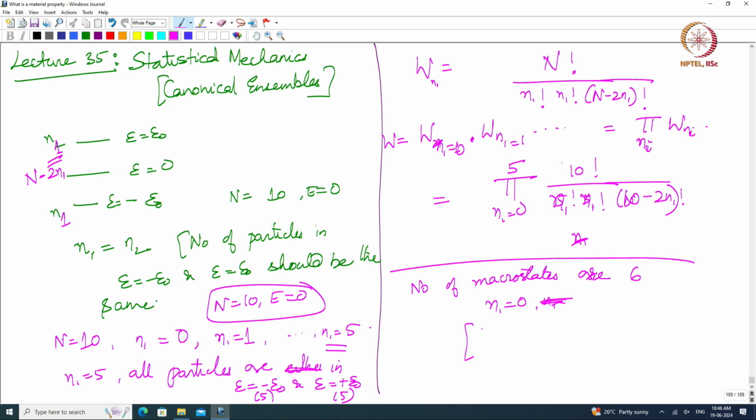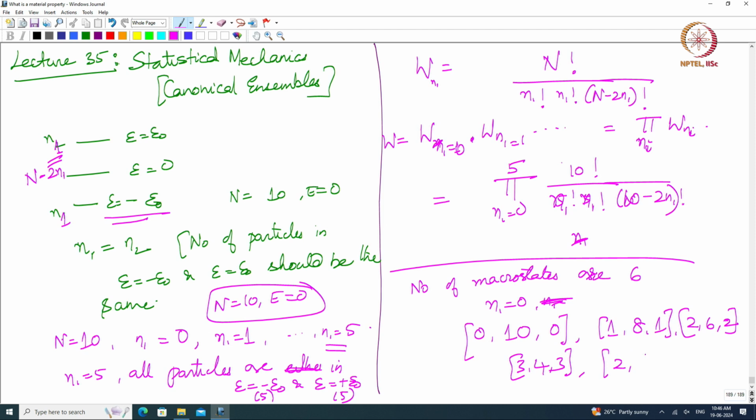My macro state is 0 particles in this energy state and all 10 particles in energy state 2 and 0 in energy state 3, or I have 1 8 1, or I have 2 6 2, or I have 3 4 3, and so on. So, I have to go to 4 4 2, and then I have 5 0 5. So, I have 6 macro states,